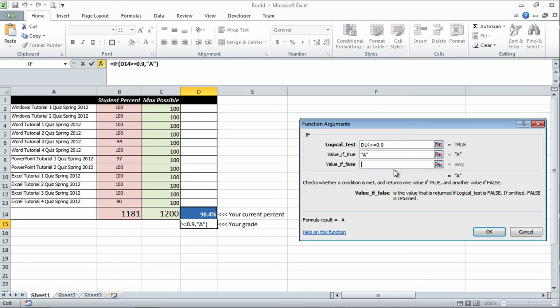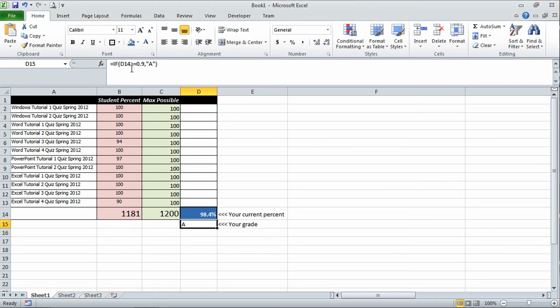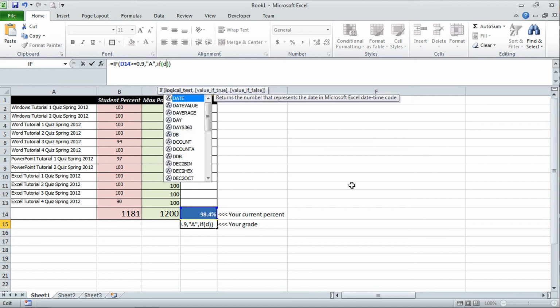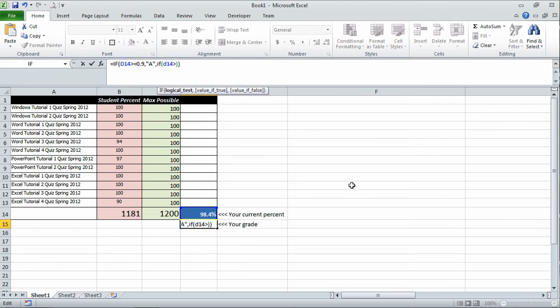But what if it's not true? Well, then I really have to put another if statement inside of here. So let me just click OK to show you what's happening. If this is true, do this. If this is not true, I'm going to put my cursor right here, and I'm going to put comma, and then I'm going to put another if statement. So if, and then I'm going to put open quote, close quote, move my mouse pointer in between here. If D14 is greater than or equal to 0.8, comma, if that's true, you get a B. Comma, if that's false,